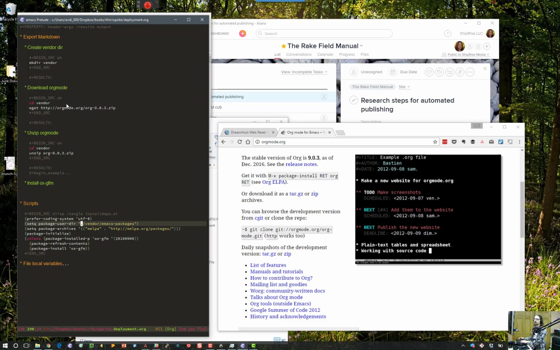on other systems. And so part of the setup that I put in this script is that it's going to change the place that Emacs looks for packages to this local subdirectory of the vendor directory that we just created. So in theory, what's going to happen here is it's going to install a package into that directory. So let's say